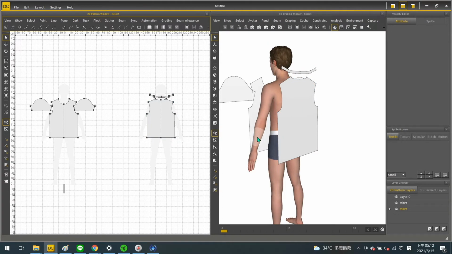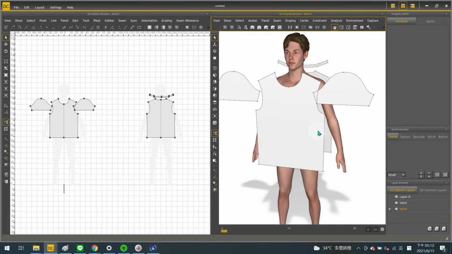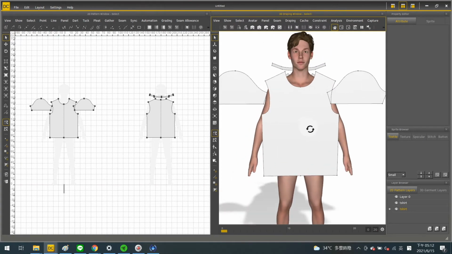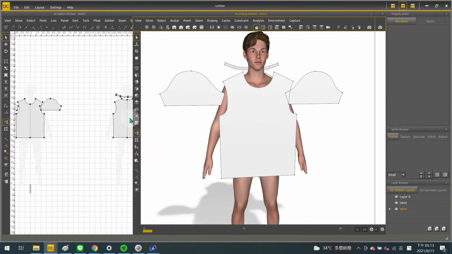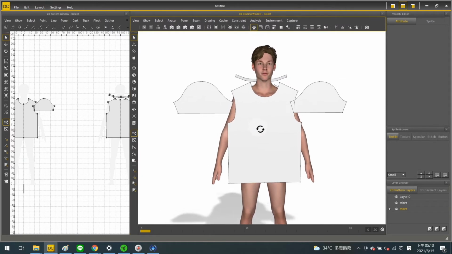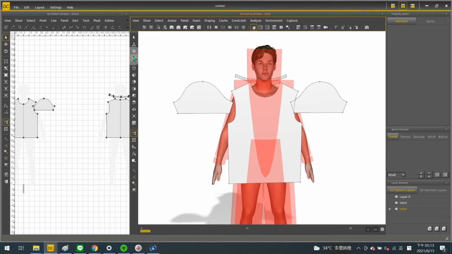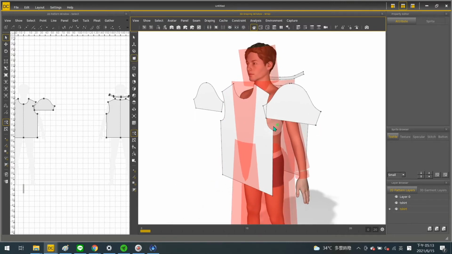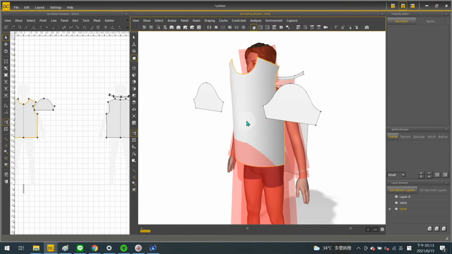Now, after all the patterns are brought into 3D and are in the right position on the body, we can start with 3D arrangement. Let's go to the Manipulation bar in 3D and turn Cylinder on. Cylinder is an assistant function where you can attach a panel onto its surface.